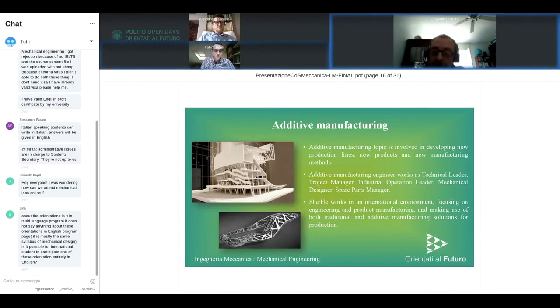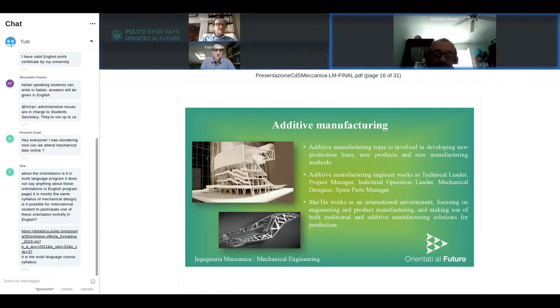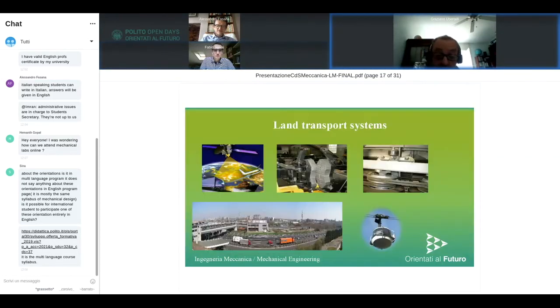In recent years, the additive manufacturing orientation was also developed. This is quite interesting knowledge that you can have, because you can produce some components in a shorter time by using this technology. And some of you can choose also this orientation. And land transport system,